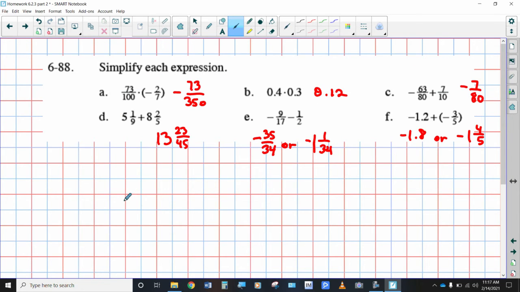All right, a lot of work to be done in here. Why don't you just check your work? These are just practice problems. At this point, I'm pretty sure